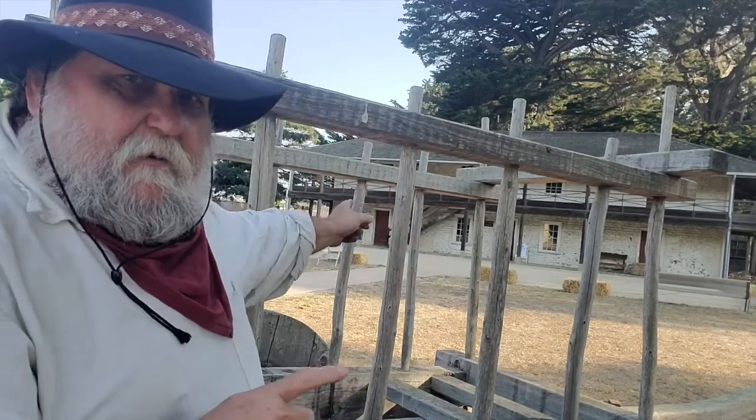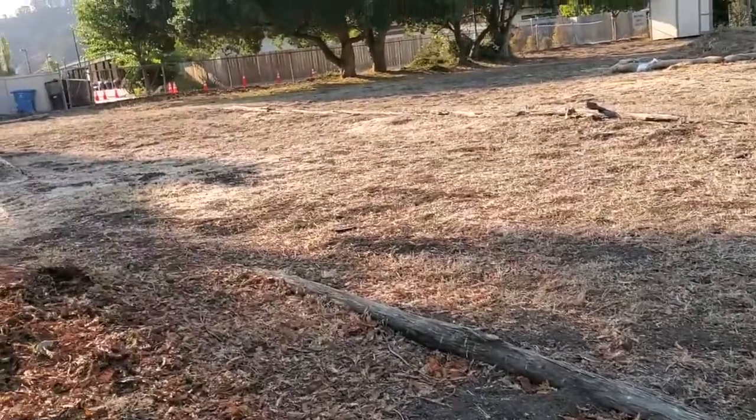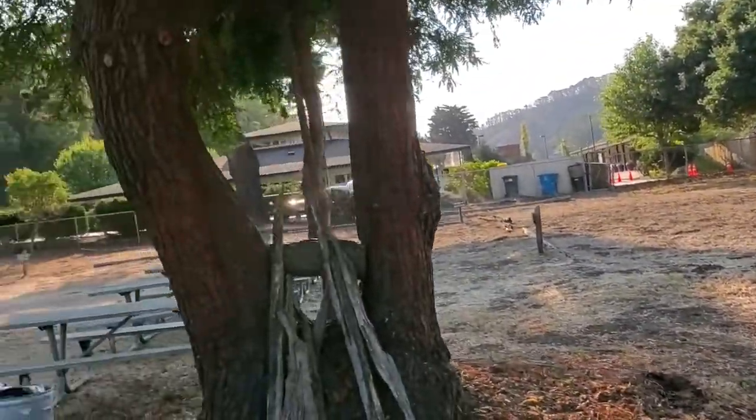And by the way, the building behind me, that wasn't there as part of the Asistencia. That was created later. Apparently some of the adobe bricks were from the original Asistencia, but here's what the actual Assistencia was supposed to be. If you'll notice the logs, they outline